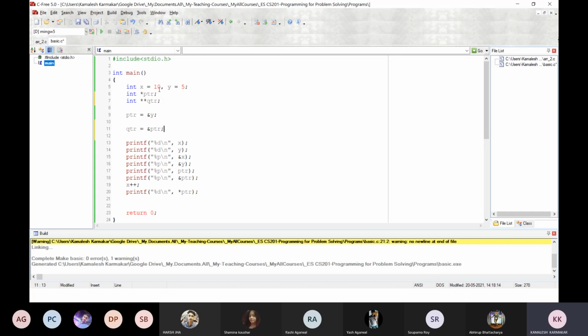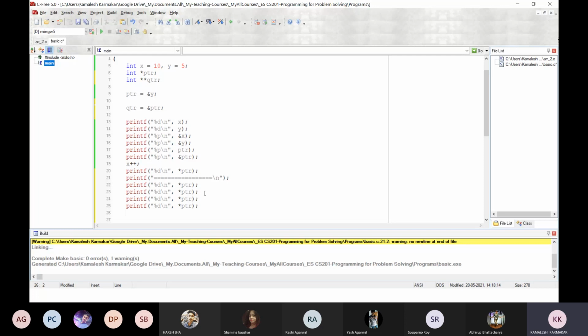Now using qtr, if I want to access the memory locations, I'm going to print something here. Let me print a separator so that we can understand what is being printed.